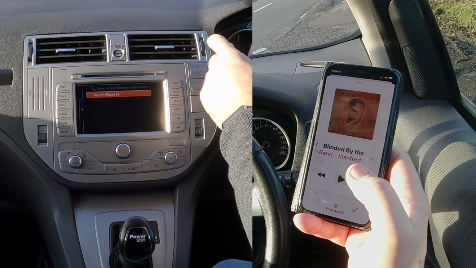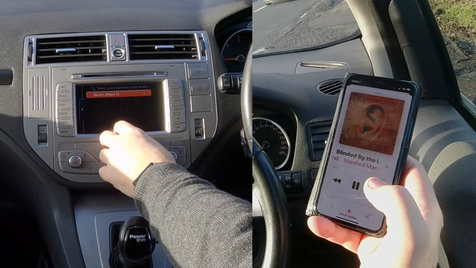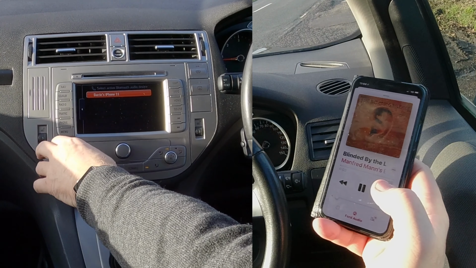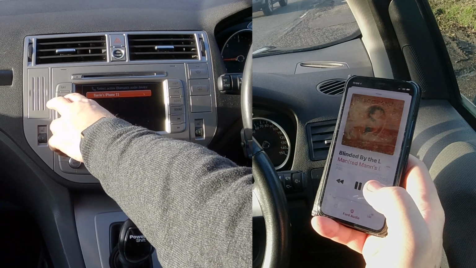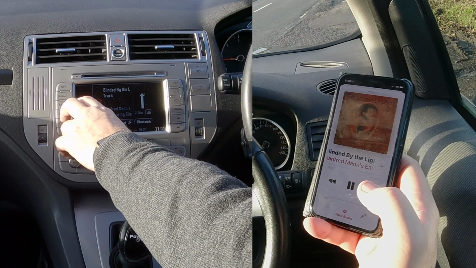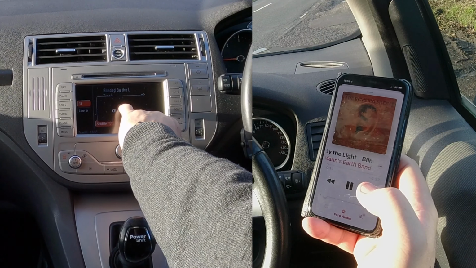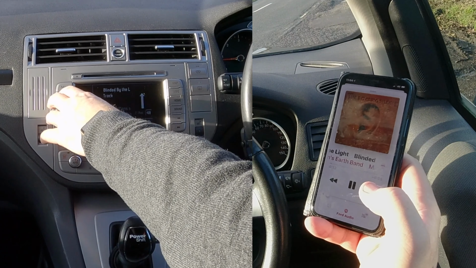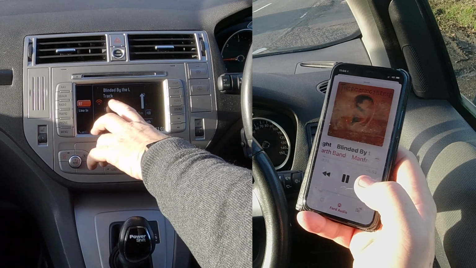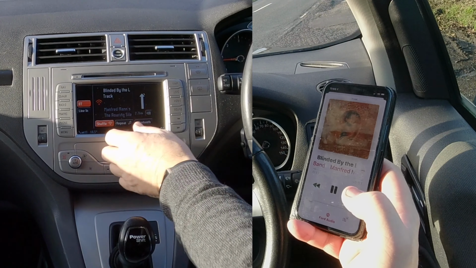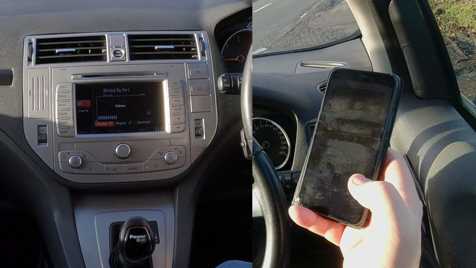Now if I click play, and then I'll turn this down for the moment. To get to my phone, we have to click CD and aux, and then you might have to click it a couple of times, if it's on CD, for instance, but there's no CD inserted there. So we'll go back, showing the track that's playing. If I turn that up, and then